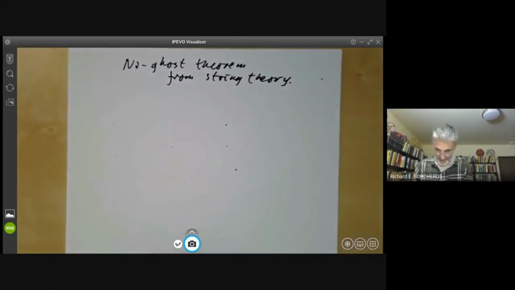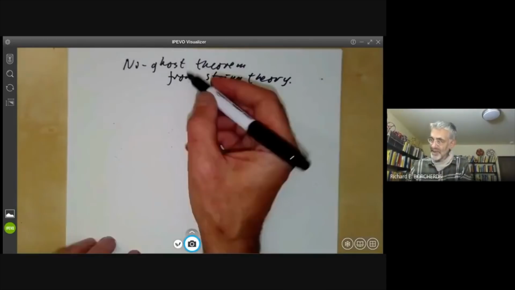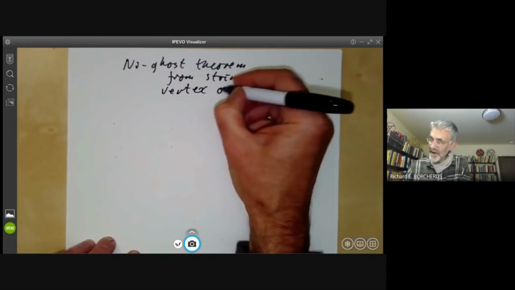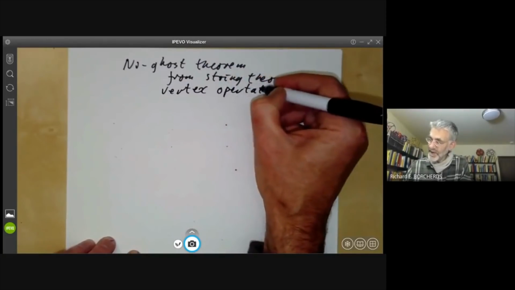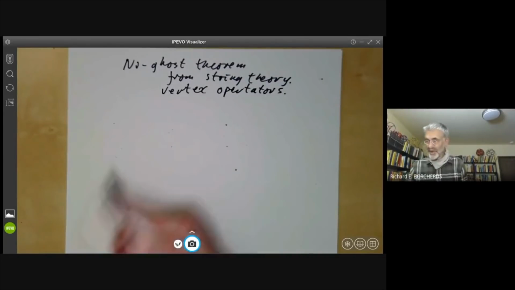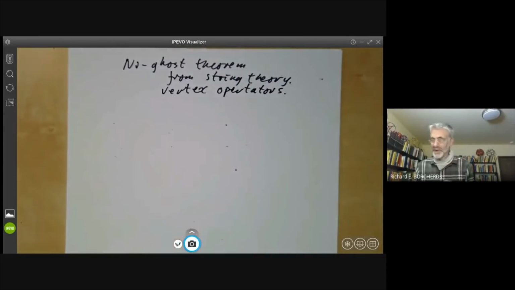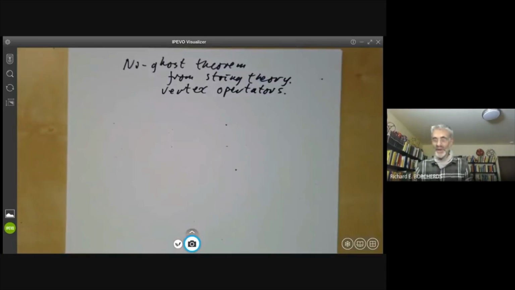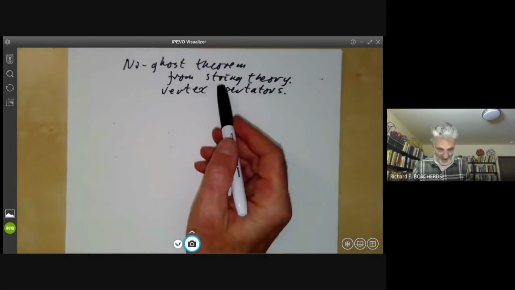And it's a theorem involving vertex operators, and we're finally getting to something related to vertex algebras. There's a lot of nonsense written about string theory on YouTube and the internet, mostly by people who don't seem to actually know what string theory is. String theory, whether or not it turns out in the end to be useful in physics, is a very interesting and rich mathematical theory.